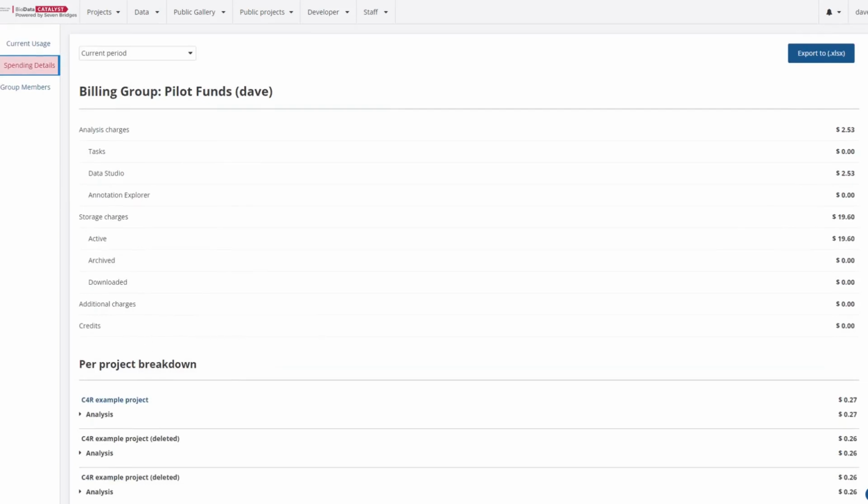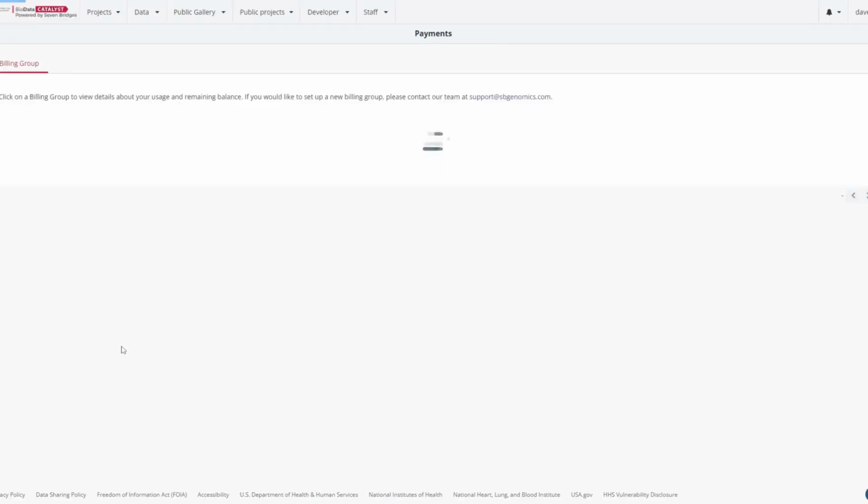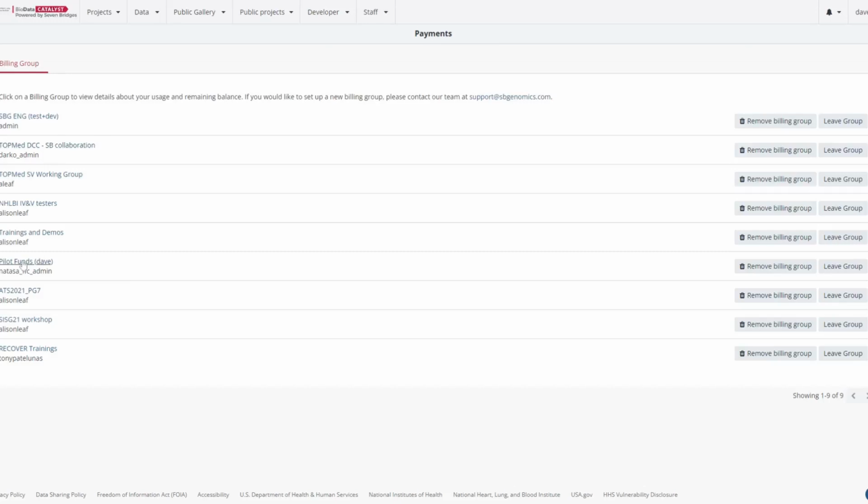So let's talk about a non-pilot funds billing group. If I go back to the payments page, you get one pilot funds billing group, which is where your pilot funds will be added to. But I'm also in other billing groups. Like for instance, we have a trainings and demos billing group,